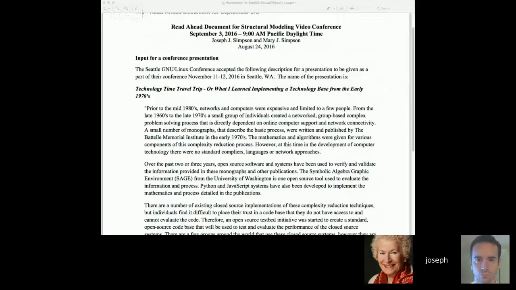Now, the next is to discuss the state of the structural modeling web application. So, I've had adventures in web application development. It's been interesting over the last few years. I've taken the algorithms and done a number of things with them.